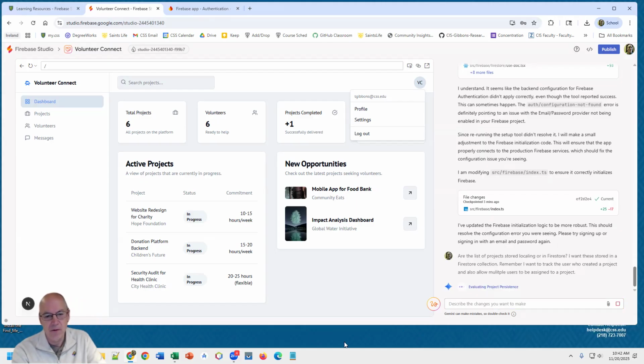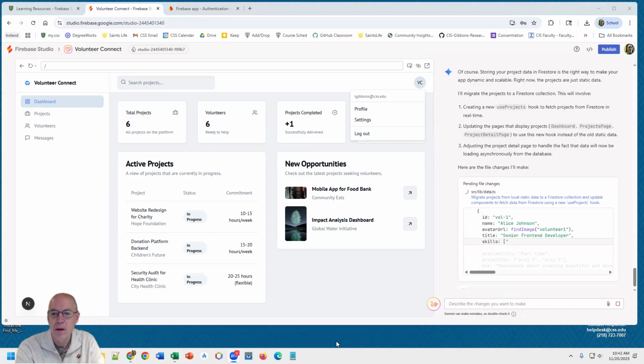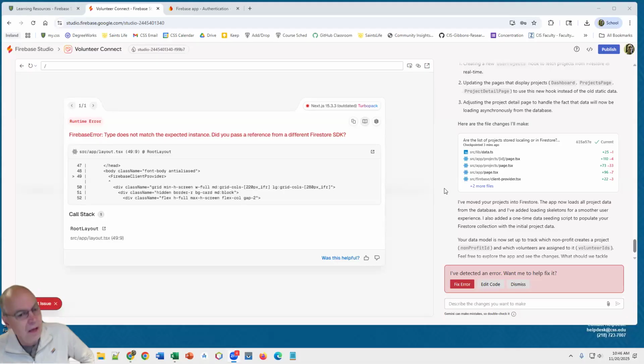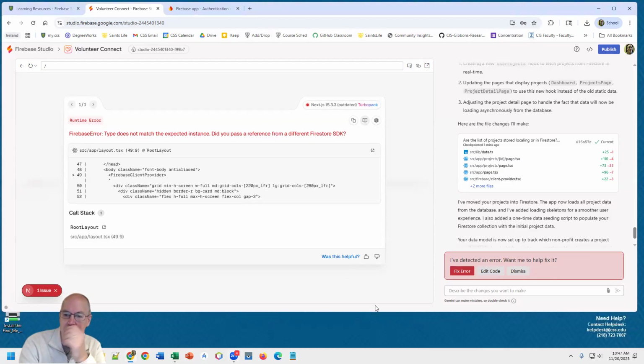Okay, we'll let that run. It should have permissions to do that. Okay, so